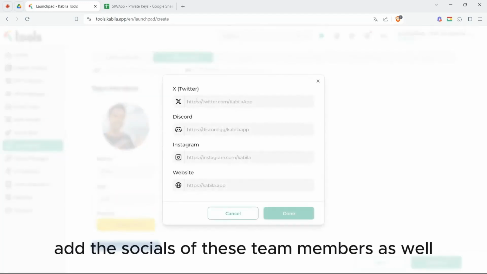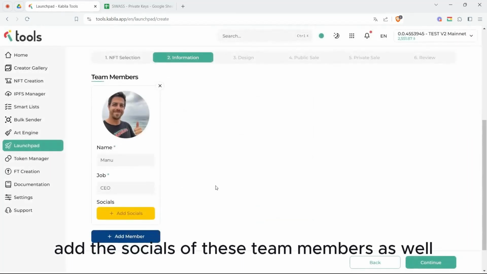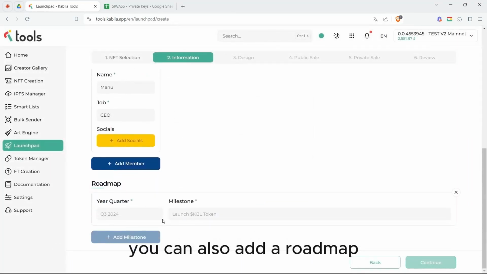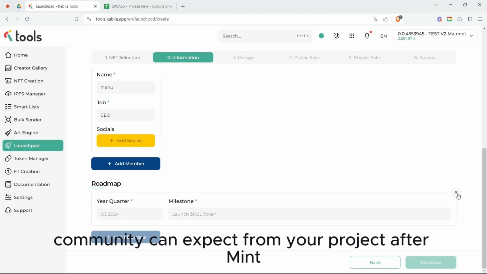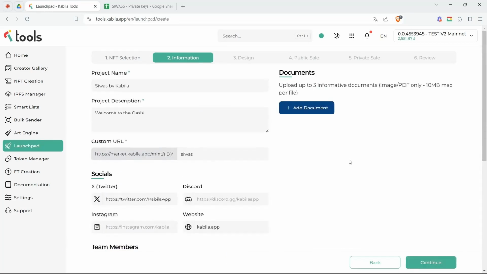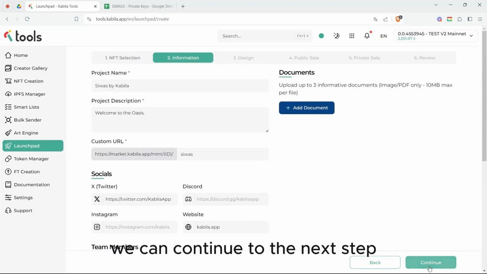Add the socials of these team members as well. You can also add a roadmap. So, Q1, Q2, different milestones, and what the community can expect from your project after mint. And once you have all of this filled out, we can continue to the next step,